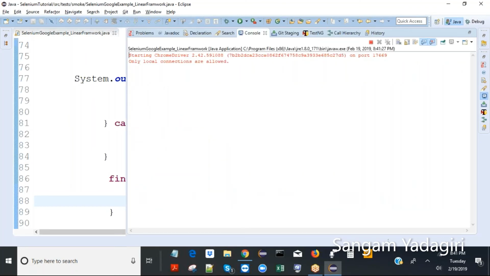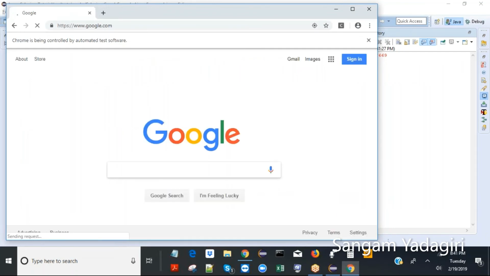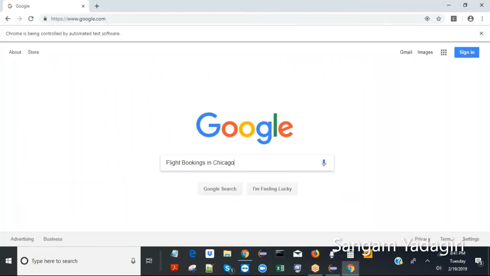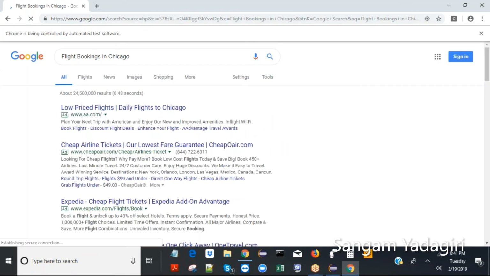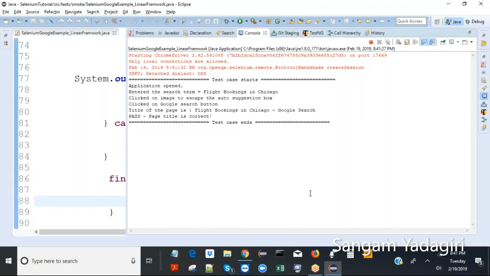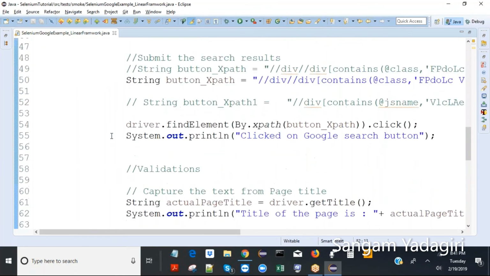Now, like I did before, if we deliberately or unintentionally change something in the XPath, it will throw the exception. Then what you have to do is investigate further by looking into the exception. So since one of you asked me to explain again,